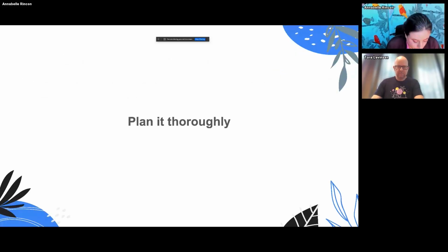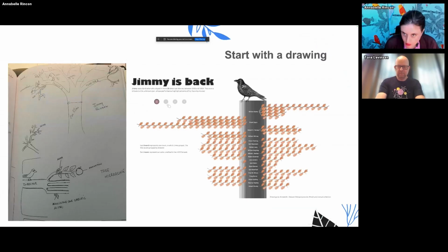And my advice for you would be that if you want to learn map layers, if you want to push yourself a little bit, for the next personal project, I will use map layers. Whatever you want to do, plan it very thoroughly. Sure, you should start with a drawing, but you should also have it very clear what interaction will happen, which layer will appear when something